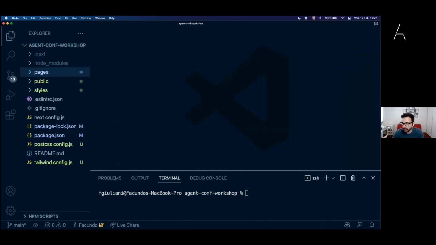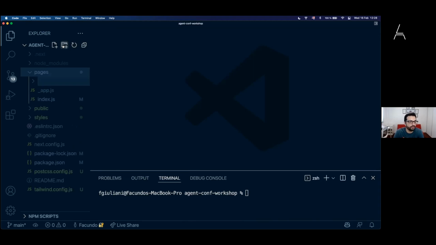So we installed these packages related to Storyblok. What I'm going to do now is create, at the root level of my folder, a new folder, because what I want to create is a file that we will use in the pages that we will have in our website. This file will wrap all the code related to the integration that we will have with Storyblok. So I will create this new folder and call it lib,